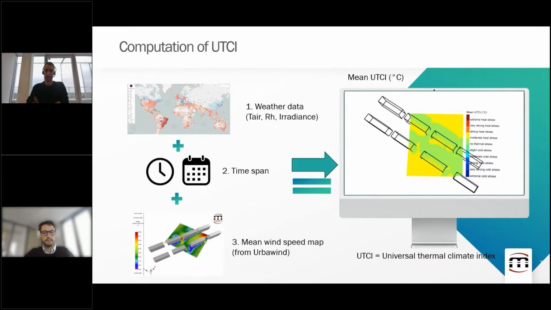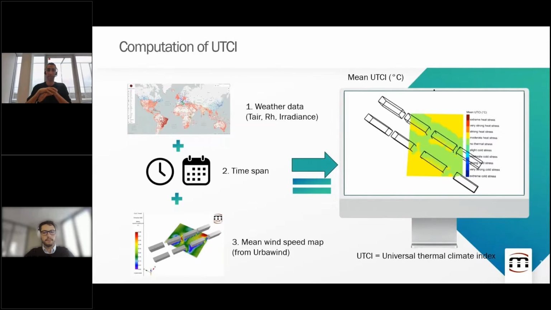There is a plugin that has been developed using Grasshopper. So Grasshopper, using SolarCal, can compute the last parameter, which is tricky. It's called radiant temperature. Whenever you are close to a wall, you have thermal radiation coming to you, and it depends on the building shape and the properties of the environment, if it's mineral, and so on. This is the thing that Grasshopper can compute, and you merge all that information,